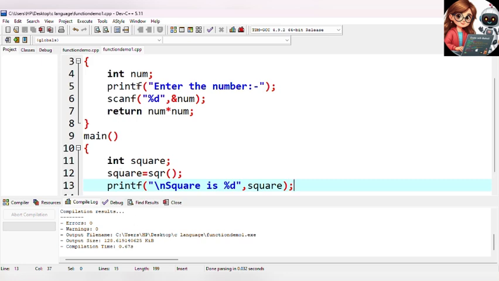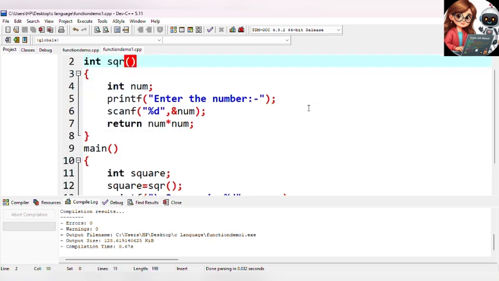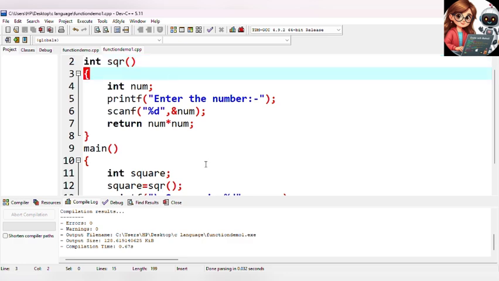Okay, basically we are calling the above part, which is this square part down here. Okay, so this is the calling block and this is the declaration block. Yeah, so basically for any function data type other than void, that is int, we have to use return. Okay, so yeah, that's it for the video.